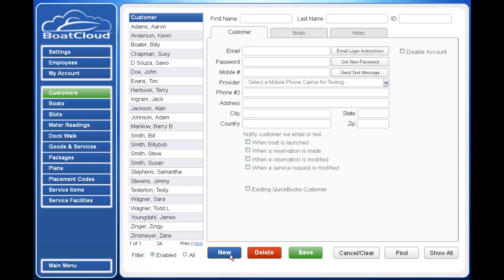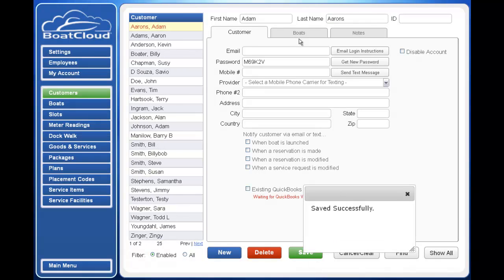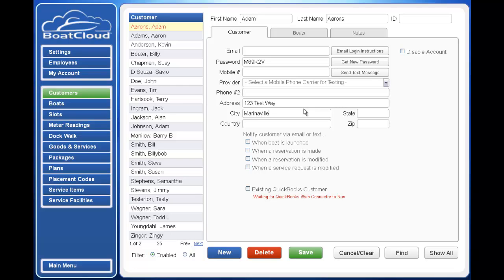I'm going to make this as easy as possible by keeping it right at the top of the list. You'll see the first one on the list is Aaron Adams. I'm going to create a new customer by the name of Adam Aarons. And I will save him. And if I want, I can give him an address, 123 Test Way, and put him in Marinaville, Florida, and zip code. And we'll say that he is not an existing customer in QuickBooks, and we'll hit the